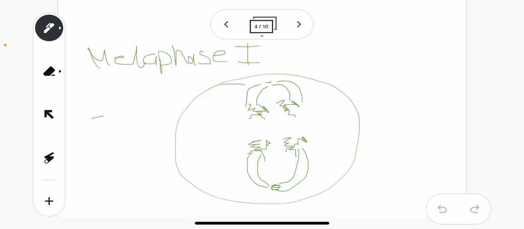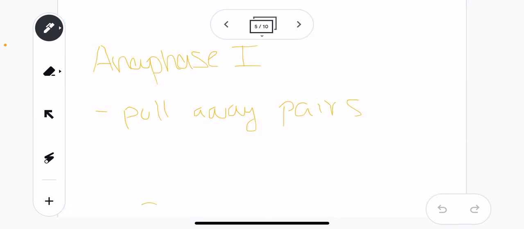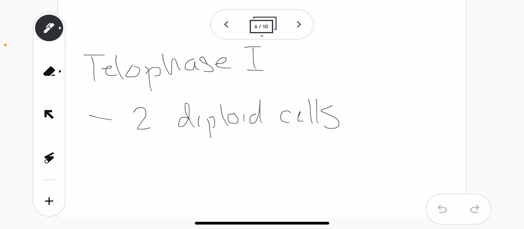Now the next phase is metaphase 1, again similar to mitosis, but this time you're lining up the homologous pairs rather than the actual chromosomes. So, for example, let's say in this cell you have 4 chromosomes and 2 homologous pairs. What's happening is the homologous pairs line up, and the spindle fibers come and attach themselves to them. And you'll see that in anaphase 1, the homologous pairs are the ones that are pulled away. Then you go to telophase 1, and when you have these two, that shouldn't say diploid,